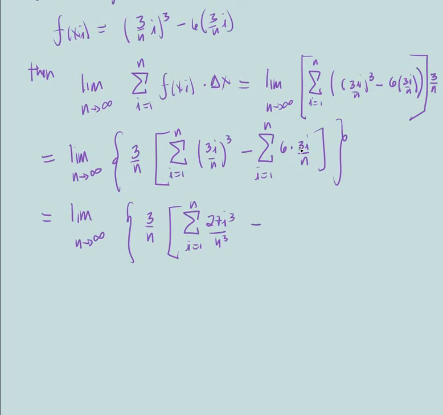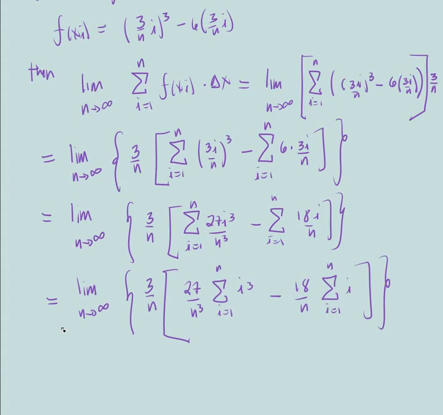Then 6 times 3 is going to be 18, so we can put the summation here, going from i equal to 1 to n, of 18i divided by n. Close the bracket and the parenthesis here. Now, look at this thing. We're going to take as a common factor here the 27 and n cubed outside the summation, and the 18n here in this part of the summation, like this. Now you can see I took the constant, the 27n cubed outside the summation, the 18n outside the summation, and